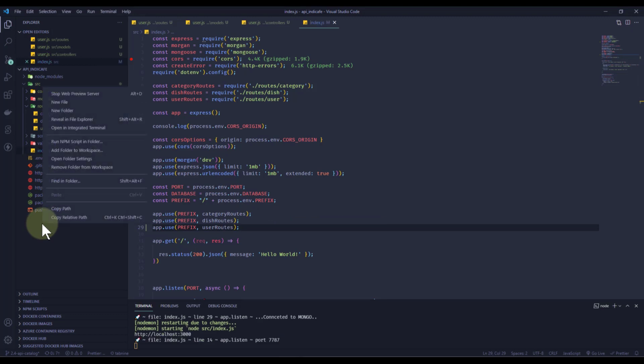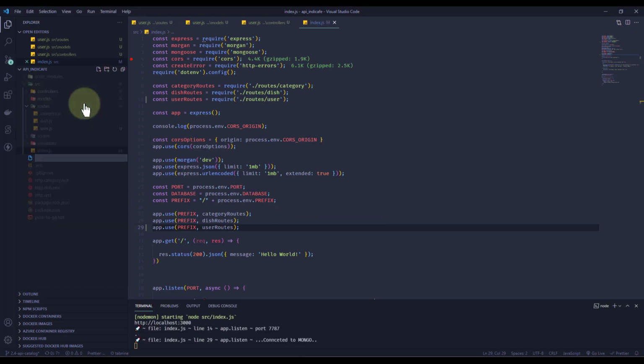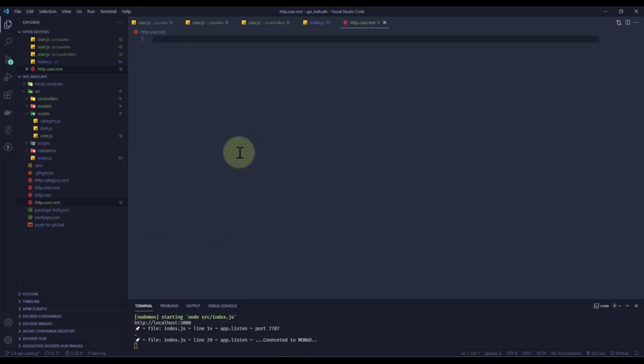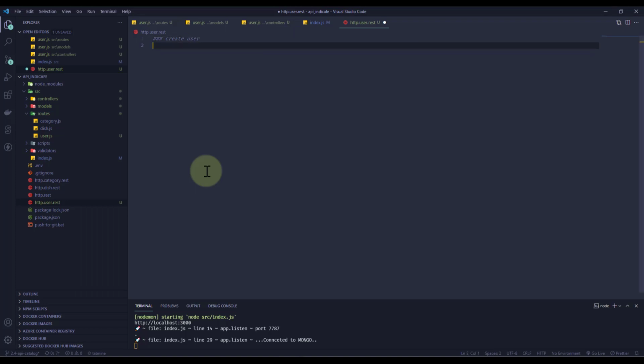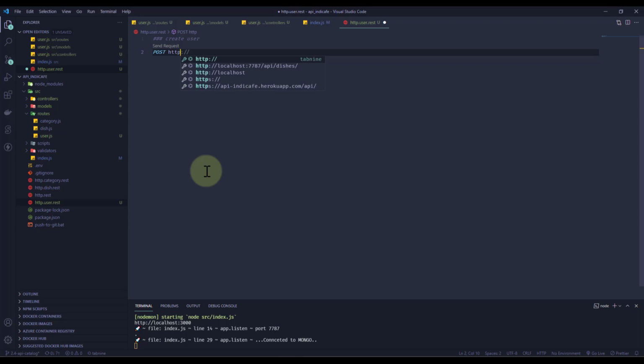And in here, I'm going to go ahead and create a new file, and I'm going to call it http.user.rest. Okay, alright. And in here, I'm going to have a creation call for the user. I'm going to say create user. Alright. And this is going to be a host call. It's going to be http localhost, and we're running on 7787